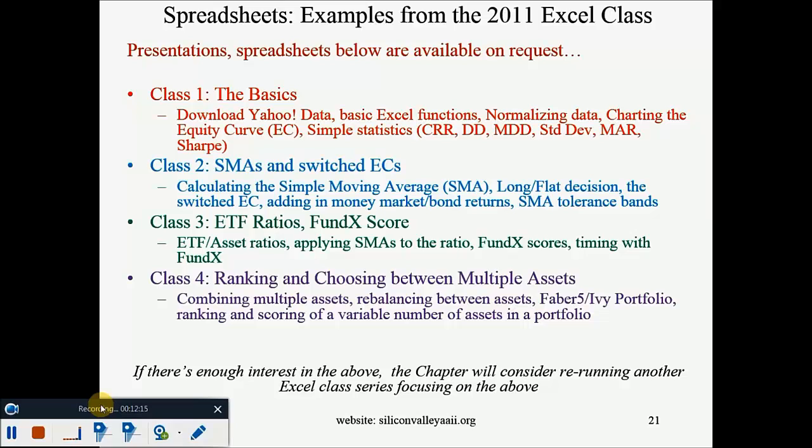So again, all these classes and the spreadsheets associated with them are in a Yahoo group. I'm perfectly happy to pass that Yahoo group link along so everybody has the capability of going back and taking a look at it. And that's about it for this one. Let me go on to the next